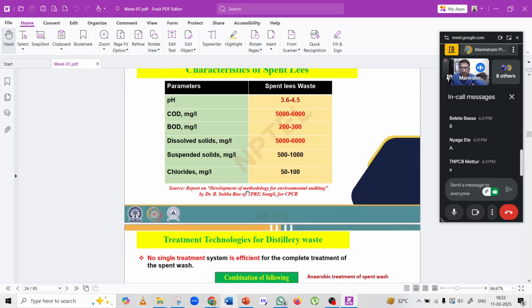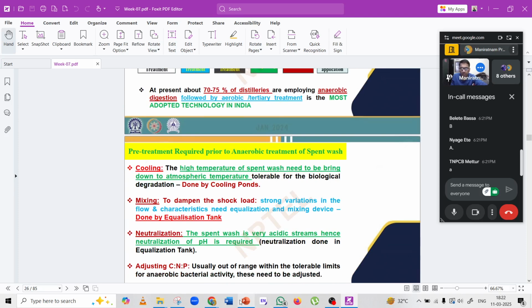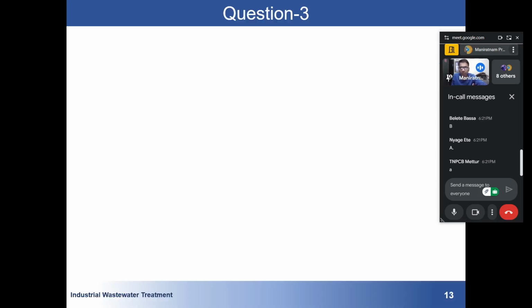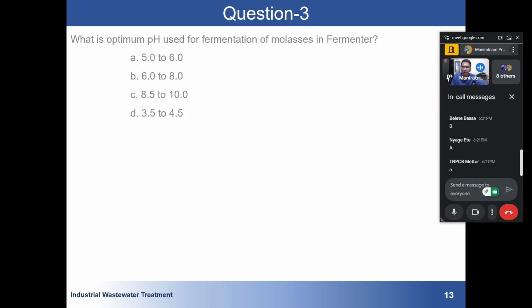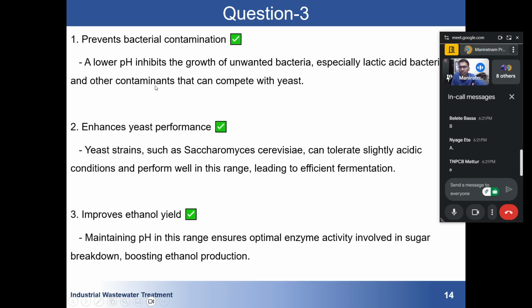This is for a spent wash. But remember, I'm not going to go through the lectures. The pH range is 3.5 to 4.5 because a lower pH inhibits the growth of